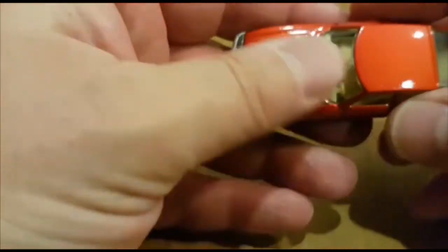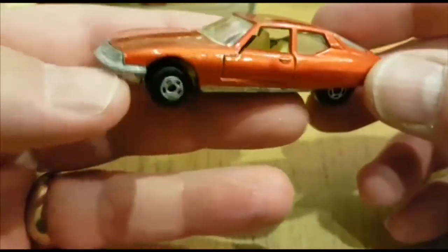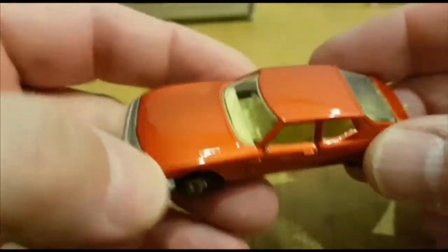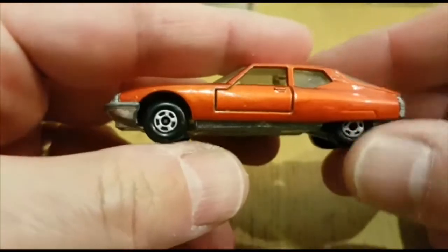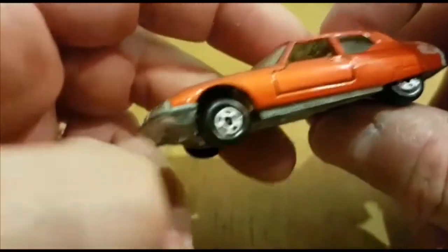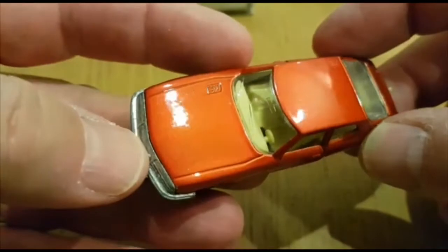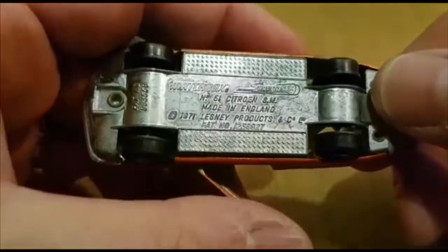A bit of the Gallica flair for you now, and as K5 was doing a video on Citroen, I thought I'd chuck in a little bit of Citroen myself. I was going to dig out a whole load of Citroens, but I just simply didn't have the opportunity at the right time, so I dug out two, and it's two of one. This is the Matchbox Citroen SM that is from 1971,